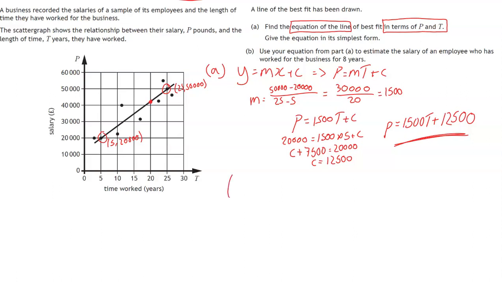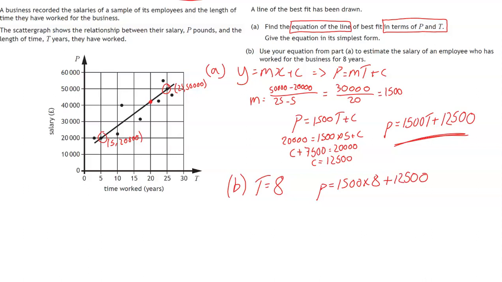Then part B, what it's saying is to use this equation that I've got and estimate the salary of an employee who's worked for the business for 8 years. So in this case, for the working for the business for 8 years, I have to remember then that that means that T is equal to 8. So what I have to do is take T equal to 8, substitute it into the equation, and see what I get out. So in this case, what I'm going to get is P is equal to 1,500 times 8 plus